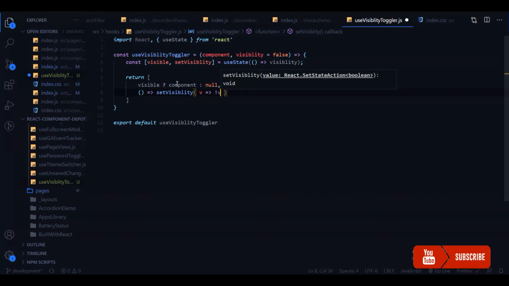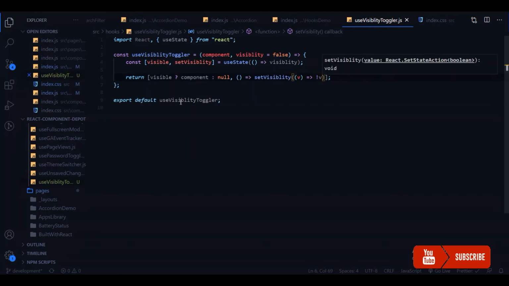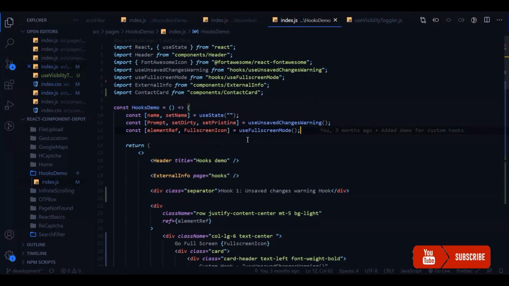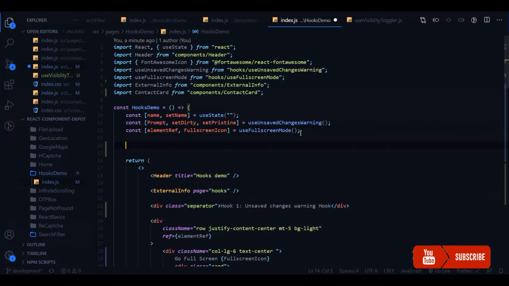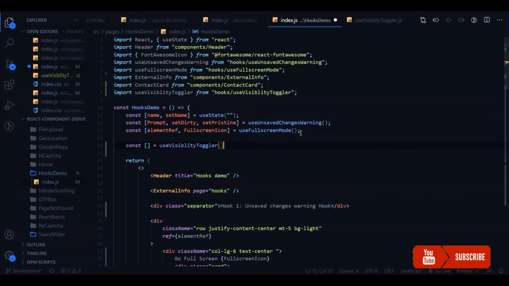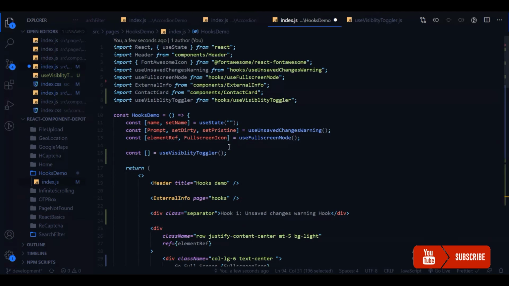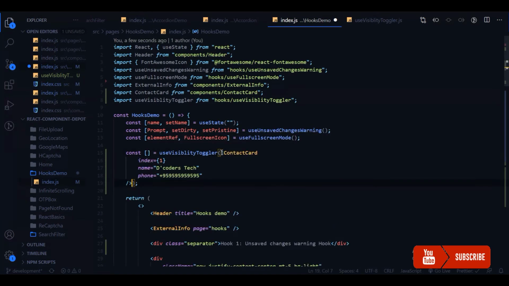You can toggle this. So now we'll use this use toggler and destructure these two items, the component and the function, to actually toggle this. We'll import the use visibility toggler hook, and then we'll pass this card component as the first parameter to this hook, and the second would be the default visibility status.